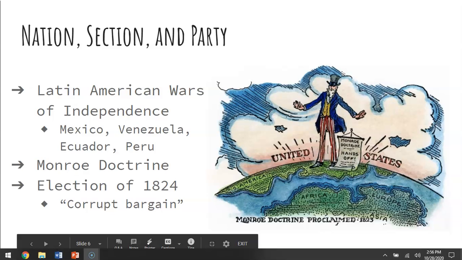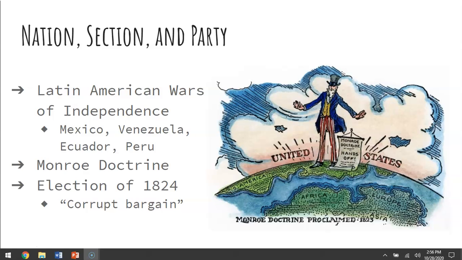Soon after Adams became president, Henry Clay became the Secretary of State in Adams' cabinet. This led many to believe that Clay had made a corrupt bargain, that he had bartered critical votes in the presidential Congress for a public office for himself, and this clung to Clay for the rest of his career and made it pretty much impossible for him to ever think that he could become president. The election of 1824 really laid the groundwork for a new system of political parties. Supporters of Jackson and Crawford would soon unite into a new organization, the Democratic Party, and the alliance of Clay and Adams became the basis for the Whig Party of the 1830s.